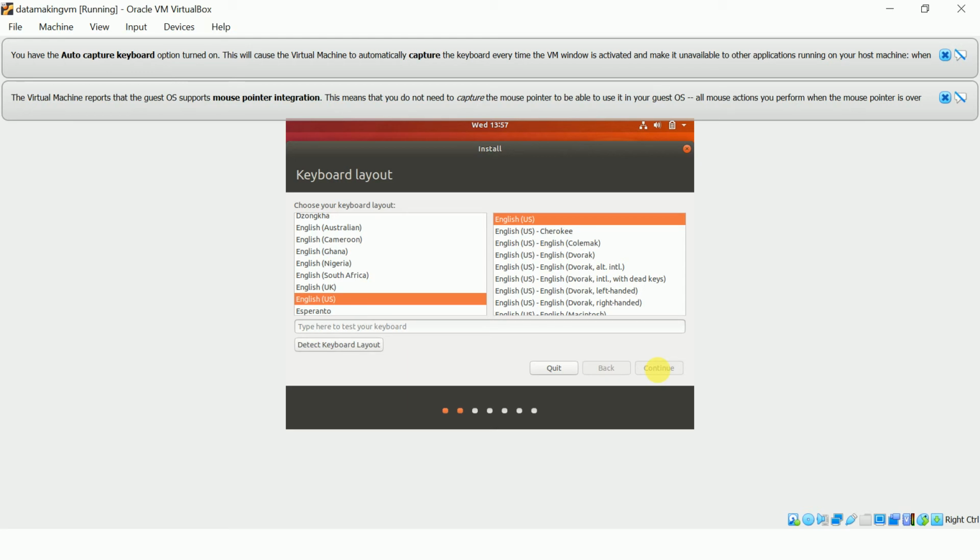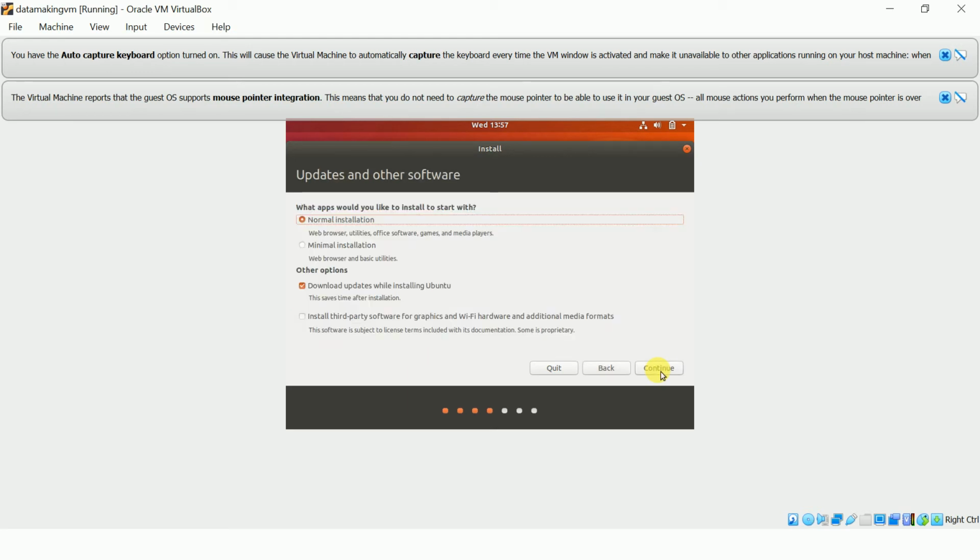Now it is going to ask whether you want a normal installation or a minimal installation. I'll go with the normal installation. In the other option, it suggests downloading updates while installing Ubuntu. I'll say yes, and also click on install third-party software for graphics and Wi-Fi hardware and additional media formats.